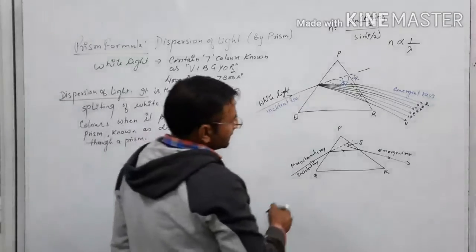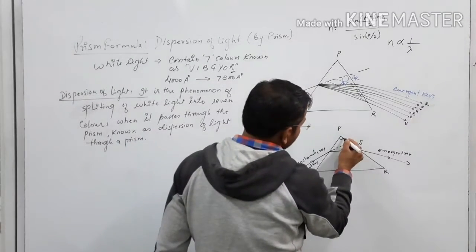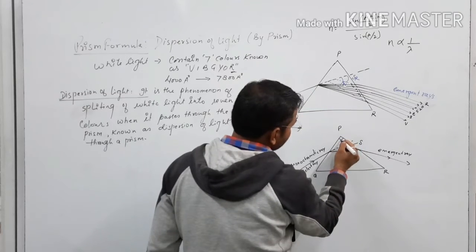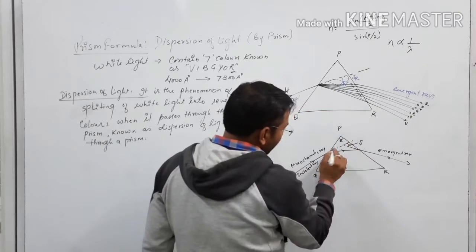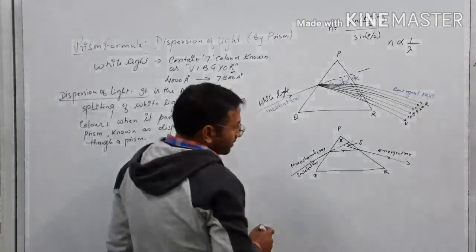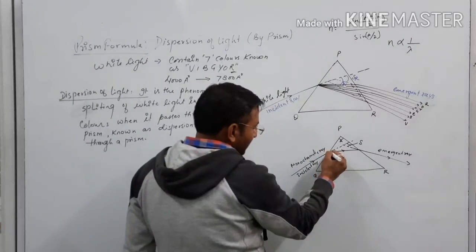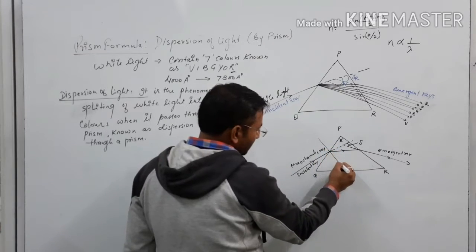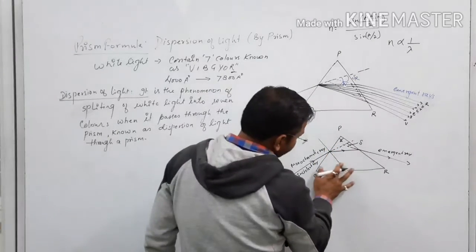Point clear? As we know, when we are talking about the prism, the prism angle is denoted by A, and when we are talking about refraction through a prism,